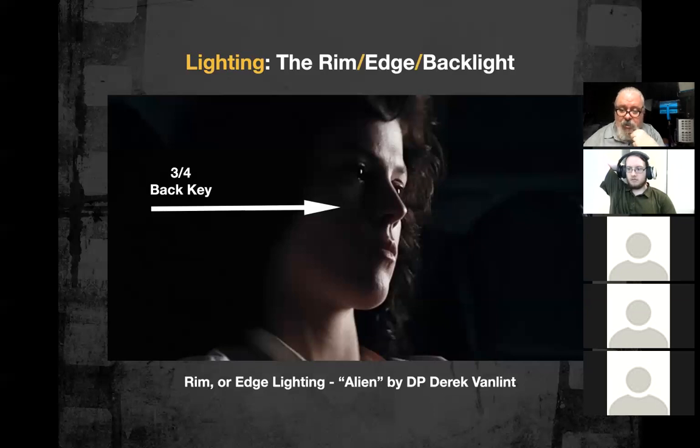And this is after she has had repeated confrontations with the alien, and she's now in the escape pod, and she thinks that she's safe and she's going to get away, and she's reflecting on the horrific experience that she's had, and she's still a little amped up about it. And so the value of her face towards the lens is predominantly in shadow because she is right now